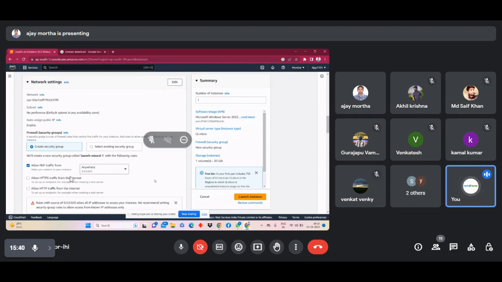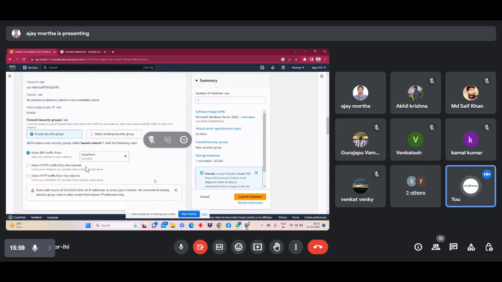As you can see here, there is already one default permission they are giving. Allow RDP traffic, RDP means remote desktop protocol. Remote desktop protocol traffic from, as you can see, anywhere. And also below anywhere you can see